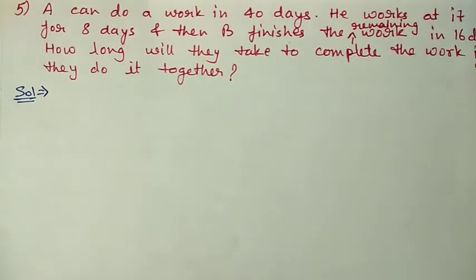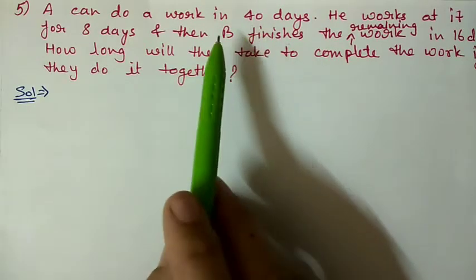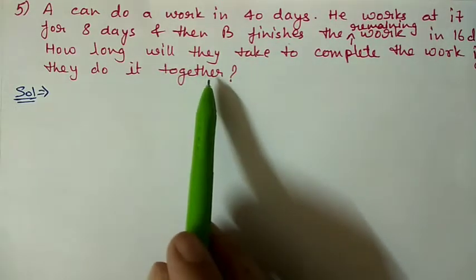Next, question number 5. A can do a work in 40 days. He worked at it for 8 days and then B finished the remaining work in 16 days. How long will they take together to complete the work if they work together? So for that we need to find out B's 1 day work. A's work they have given. A can do this work in 40 days. So same thing we have to first find out for B, and then only we can find out their